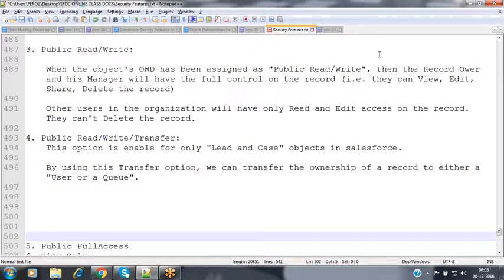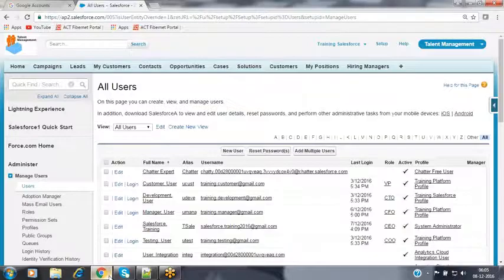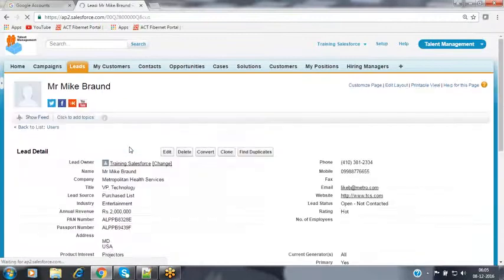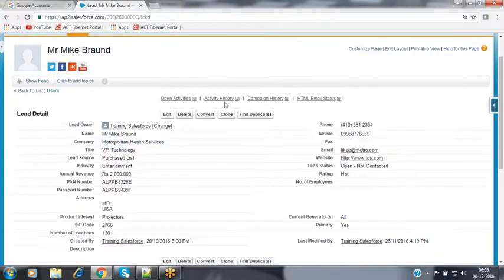Now in this kind of scenario, whenever you are going to the lead object or the case object in Salesforce, let's go to the lead object here. Open any lead record. Whenever you are trying to change the ownership, how can we change it? The ownership field is available with the name Owner ID.